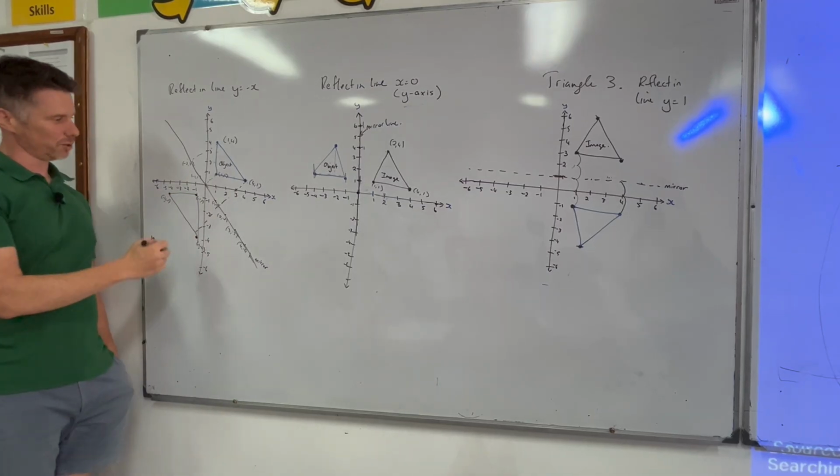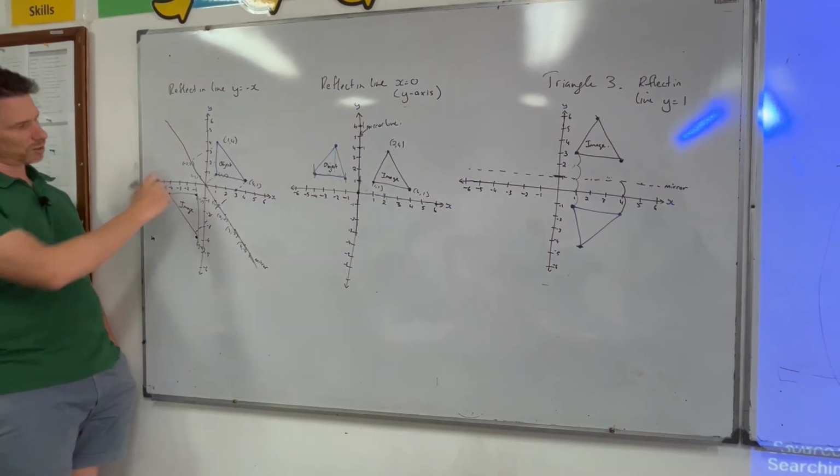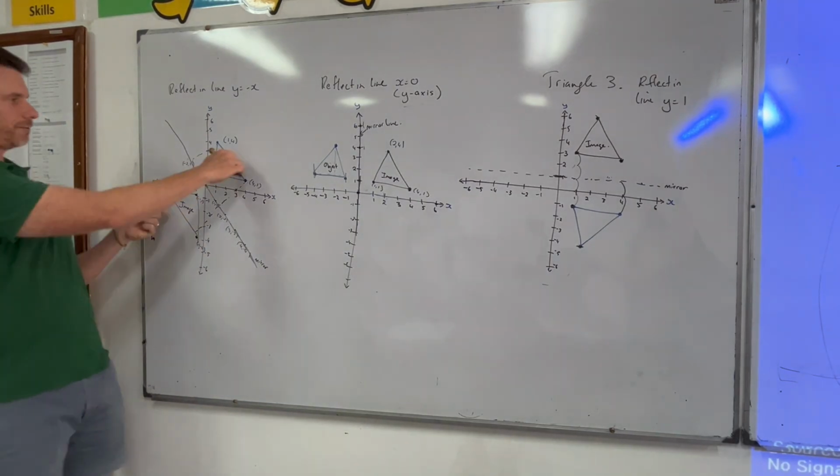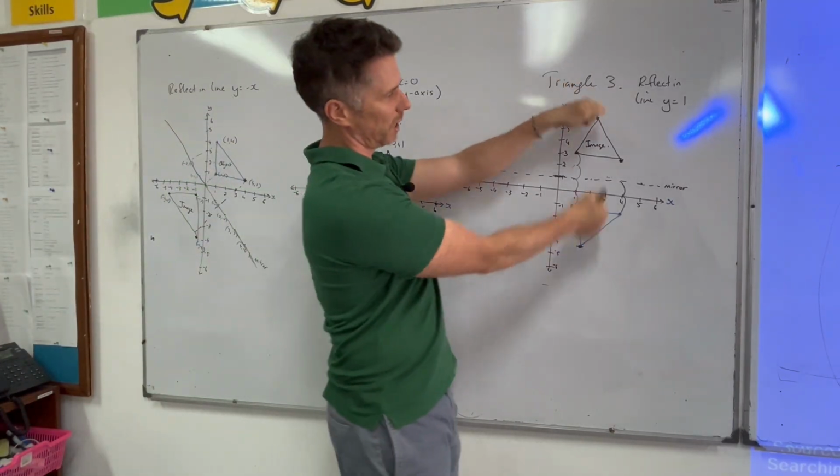I know mine is a bit off because my scale is dodgy. I ran out of space here. Does that look about right? It would have to fold perfectly over that mirror. Notice that they always fold over where the mirror line is. And that is